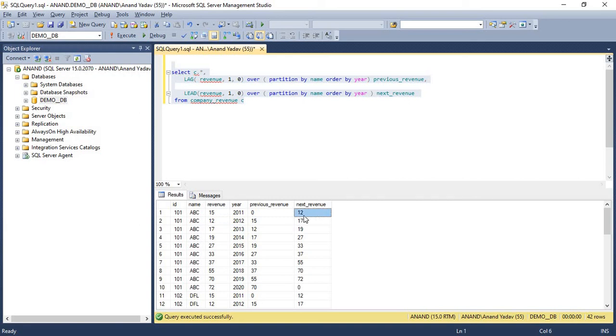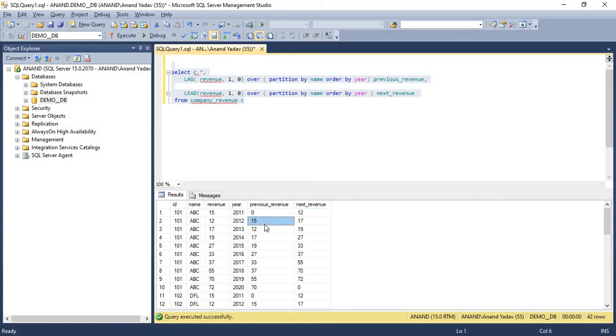With this kind of thing we do analysis when we do BI reporting. At that moment we need to decide business decisions, so we need this kind of data to be available. That is where we use lag and lead.